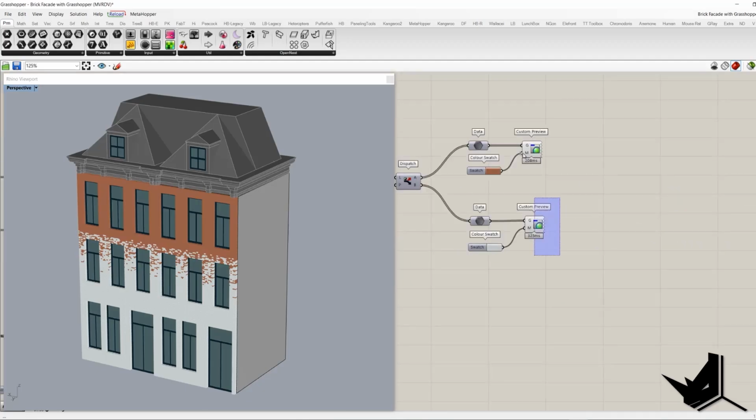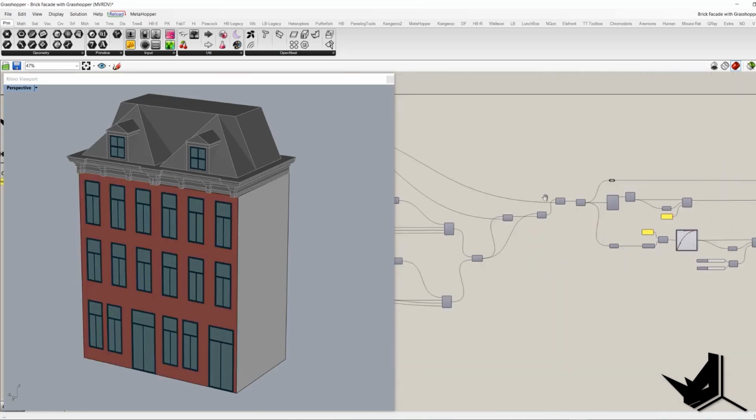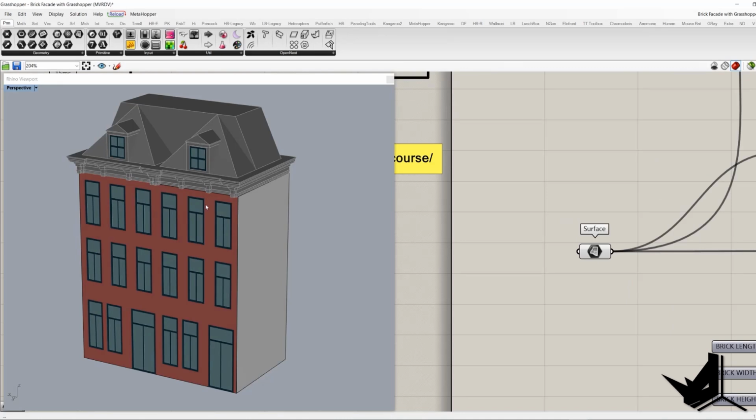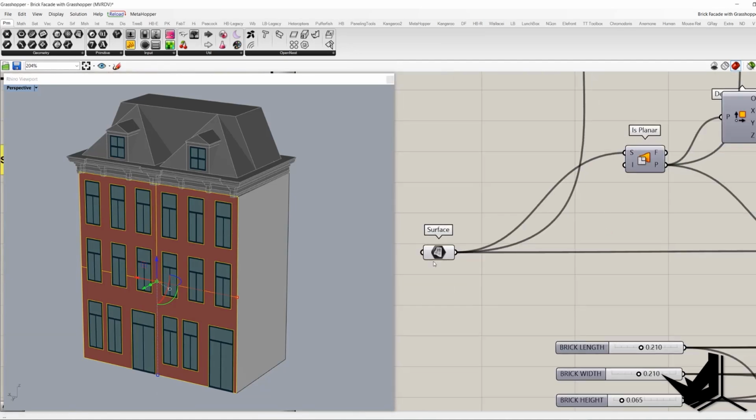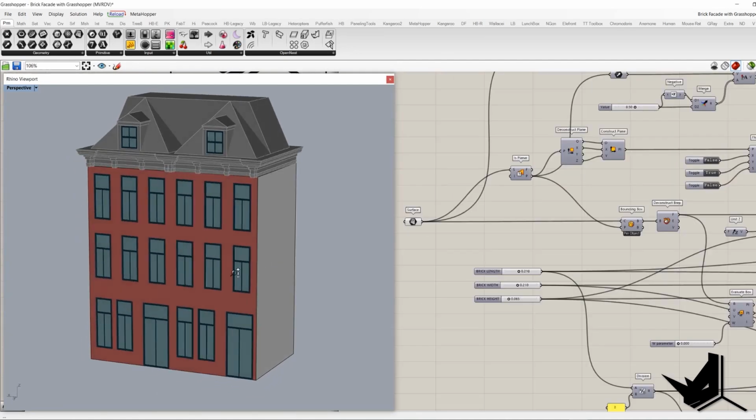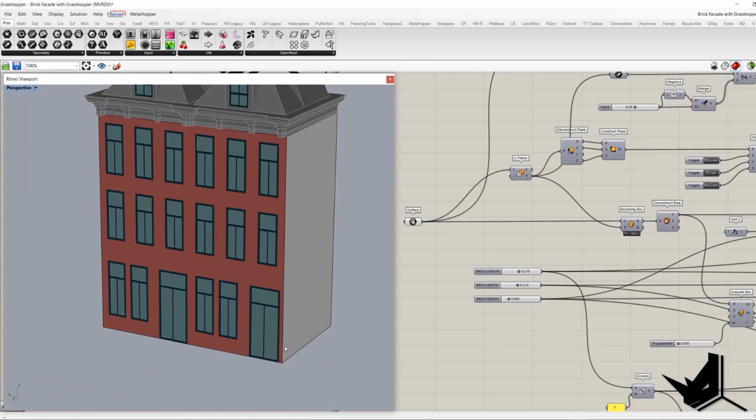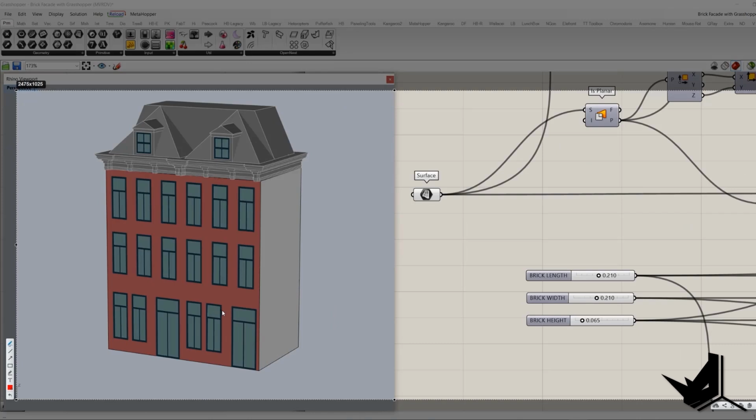Okay, now I'm going to disable the final output. We have predefined Rhino geometry because in this tutorial the focus is just on the facade wall. So we are going to import this facade wall in the surface container. Then we need to create the contours along the z-axis, and the horizontal contours should be at a distance of 65 millimeters, because the brick height is 65. My Rhino unit is meters, so that's why I set 0.065 here,